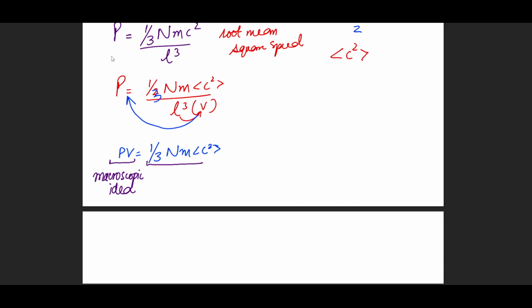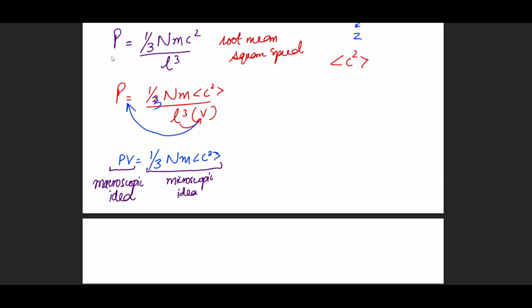And the right-hand side of the equation is actually a microscopic idea or representation. What do we mean by the macroscopic? Macroscopic would mean values and properties on a larger scale, right? So what is the pressure of the gas? What is the volume of the full gas that is occupied inside the cylinder? So you're considering the whole system,